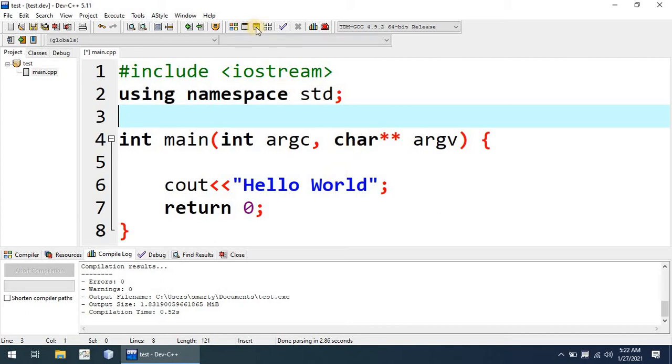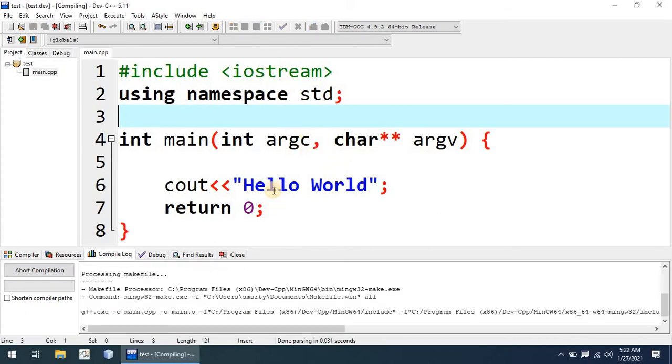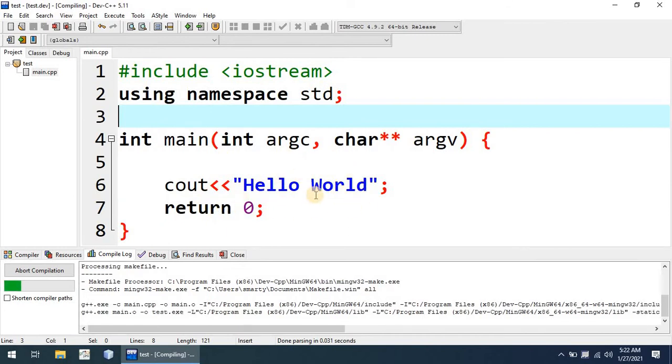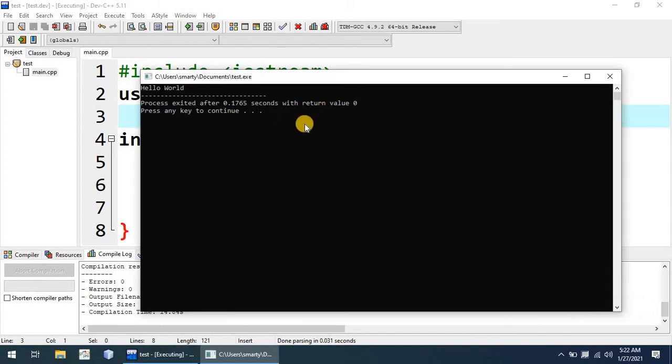So let us start compiling and running this program. This program will output hello world on the screen. We can see here hello world is printed on the screen. This is the output provided by the program code.